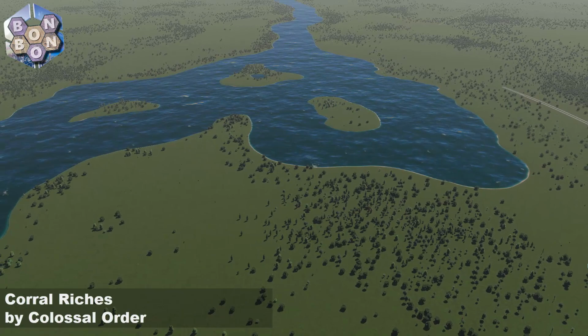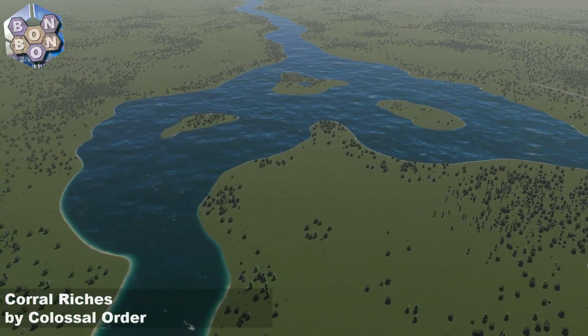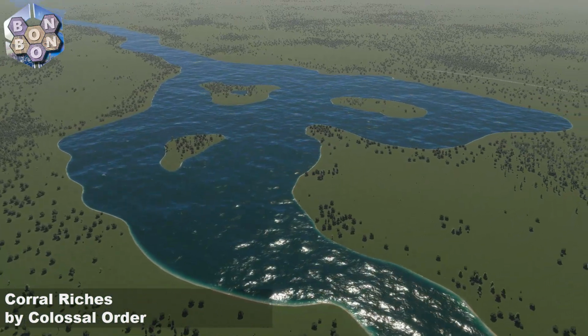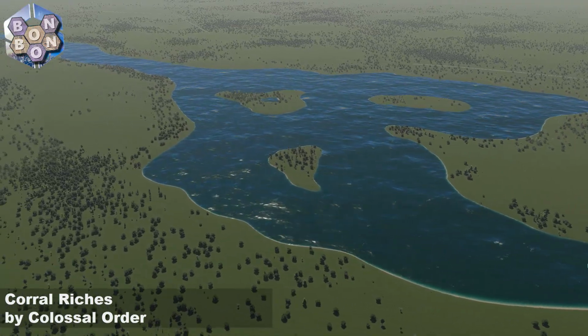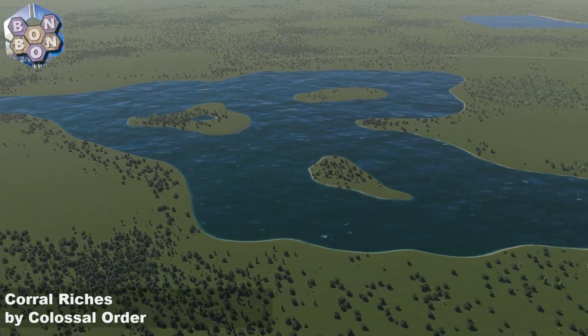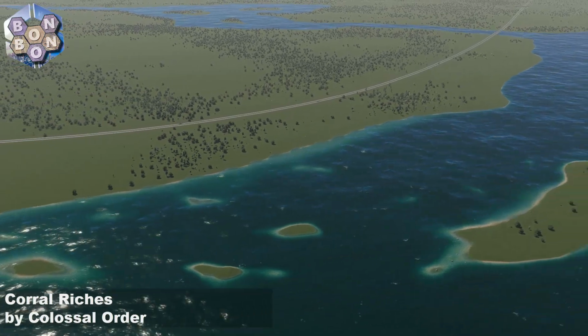Right, into the cinematics. Well, the description for this map says there's a big lake, and there is, and a big river, implausible river leading into the lake. But you know what? It does, and we have an island with a lake in the island, and it is different, and it is fine, and it will shape your city a little bit. We have a coast,